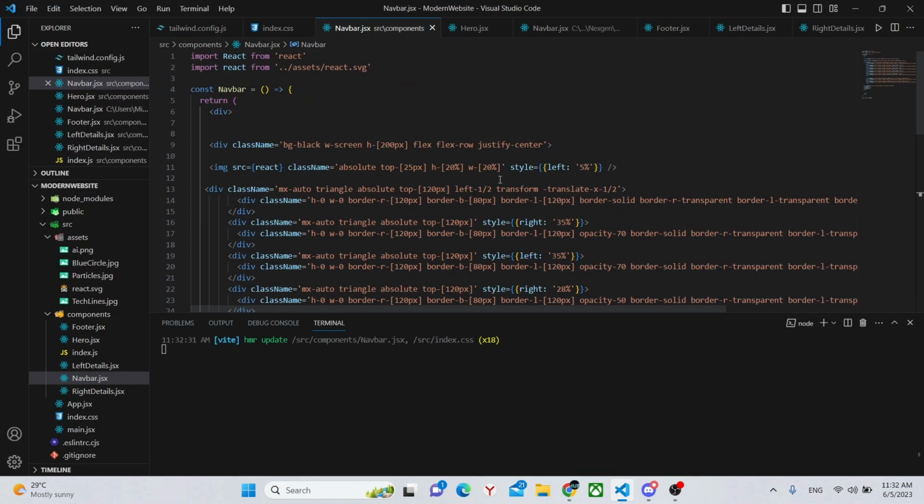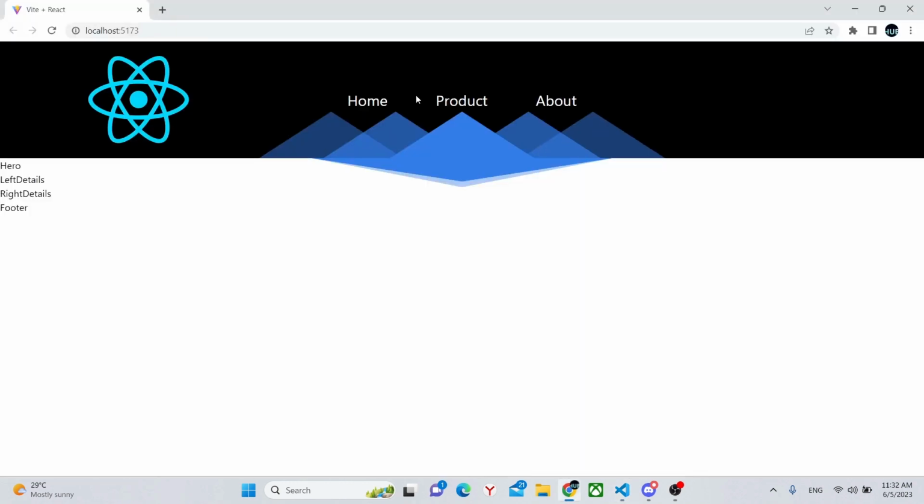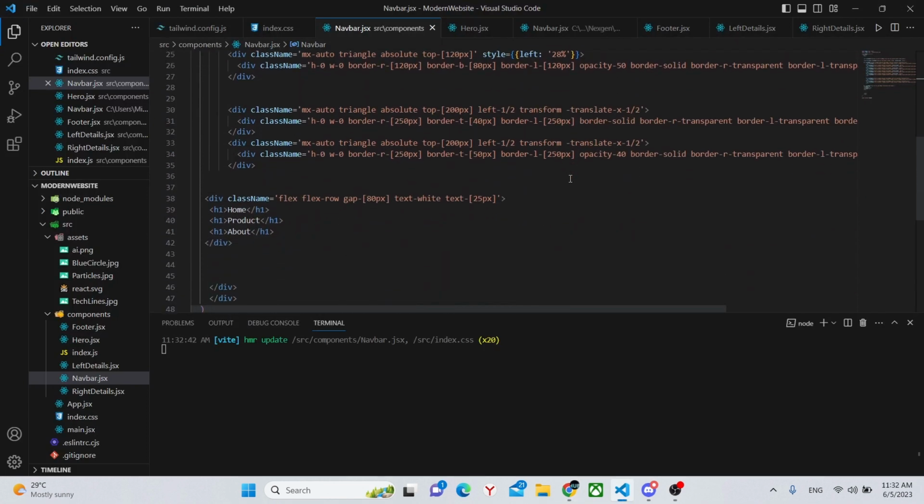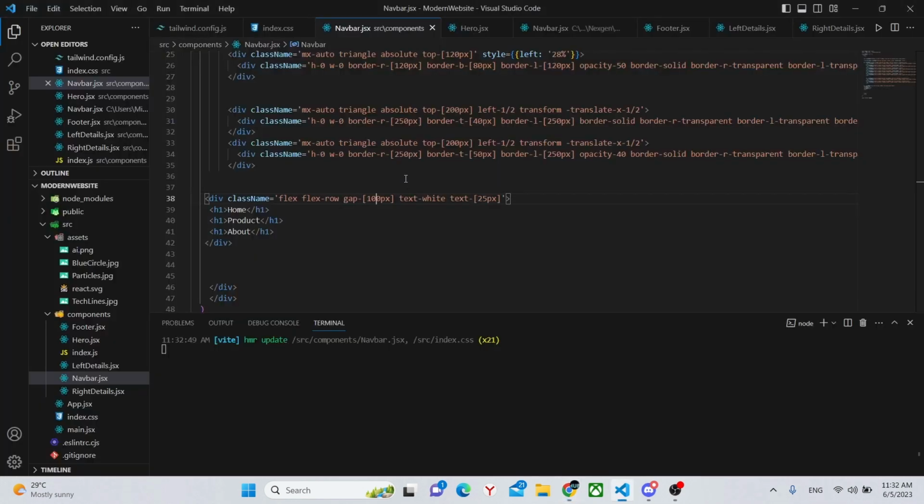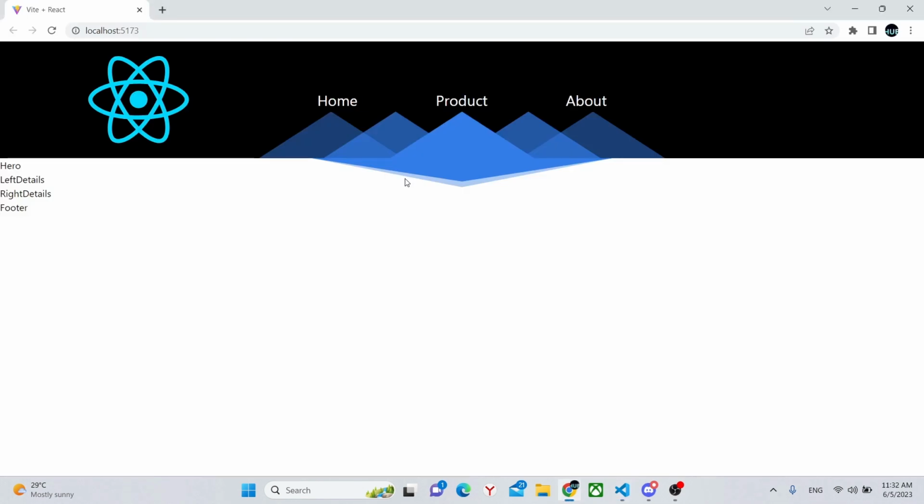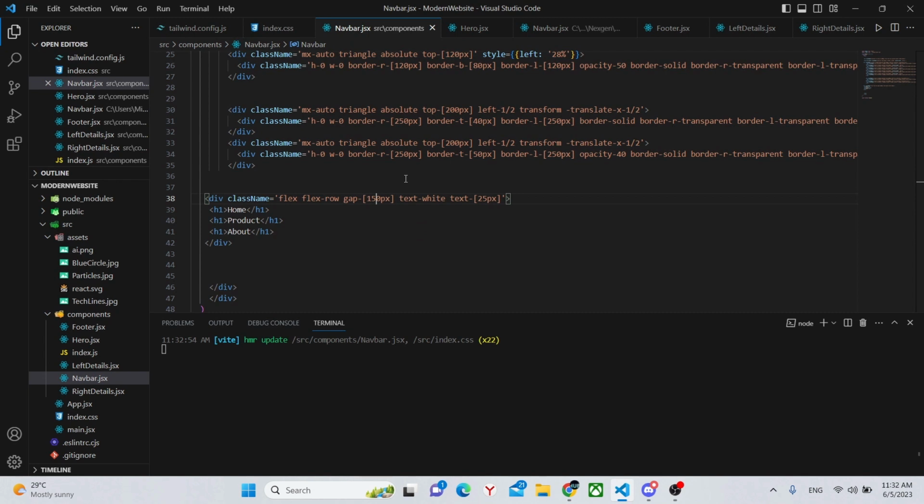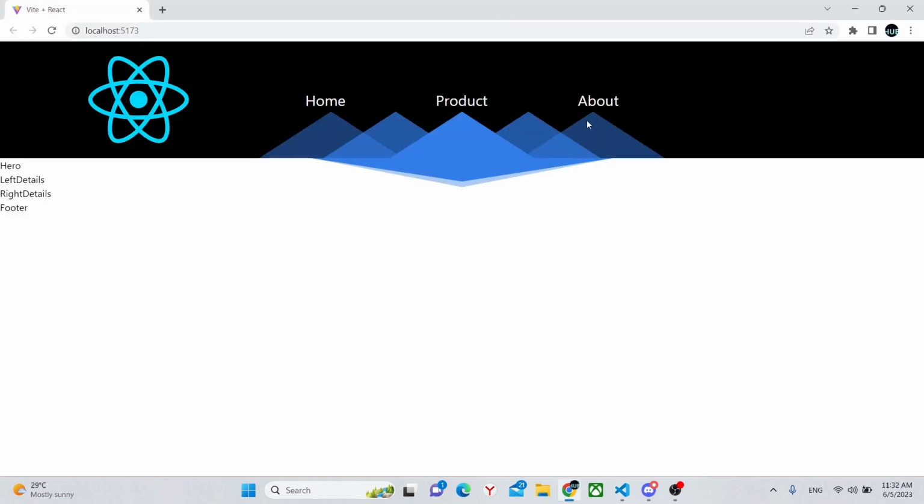Also, we could go over here and say items-center. This will center them like this. What we could do is make this gap larger. So for example, 100 pixels, or even larger, for example, 130 pixels, or 150, something like this. So now these nav links are centered over these